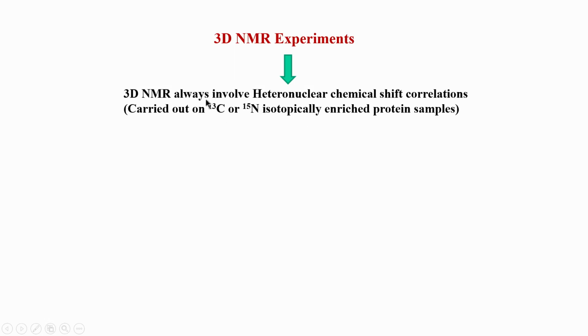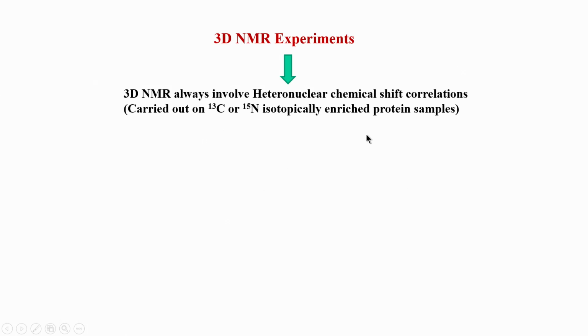In recent times there have been a lot of developments in isotopically enriching or labeling proteins. In fact, this is a very rich area of research on its own because not all proteins can be easily labeled. There have been technical developments on how to improve the quality of labeling, and how to label those proteins which are not possible to label in bacteria, for example. That will be part of the second part of this course.